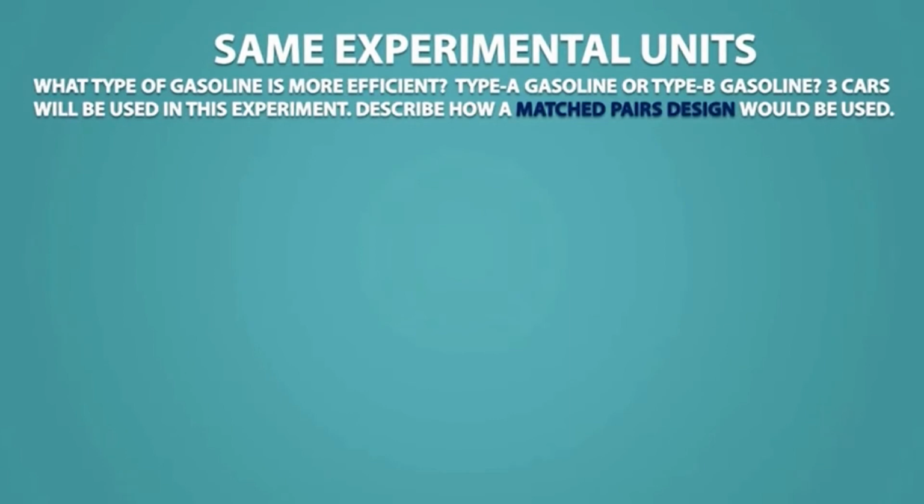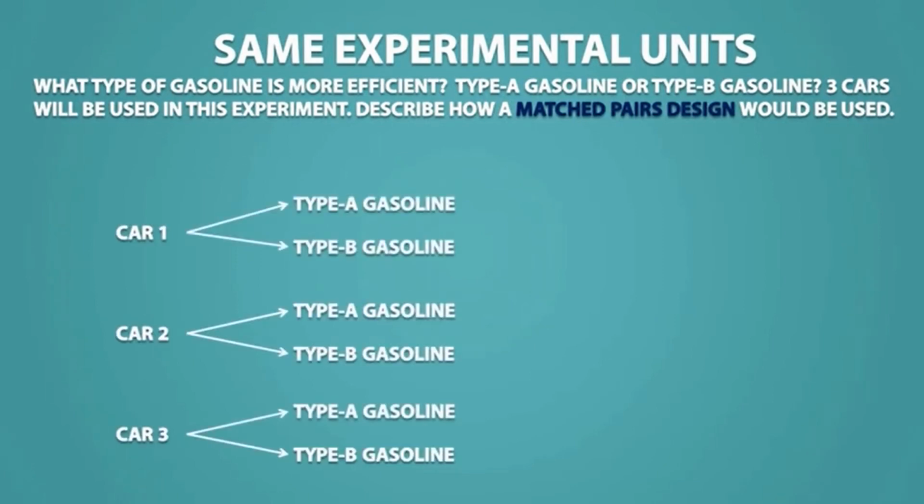What type of gasoline is more efficient? Type A gasoline or Type B gasoline? 3 cars will be used in this experiment. Describe how a matched pairs design would be used. If we are using the same experimental units, then each experimental unit will receive both treatments. So we have 3 cars, and each car will receive the 2 treatments, one with Type A gasoline and one